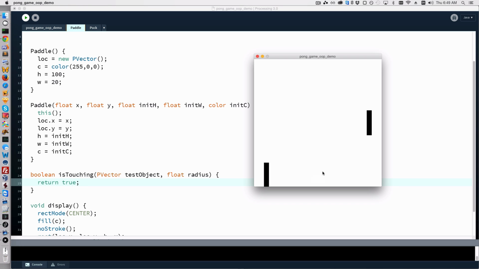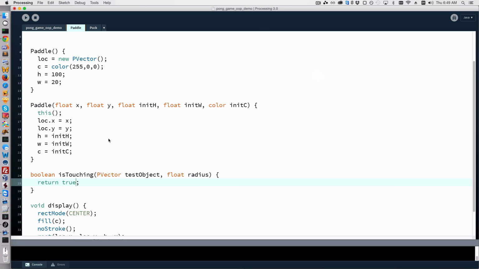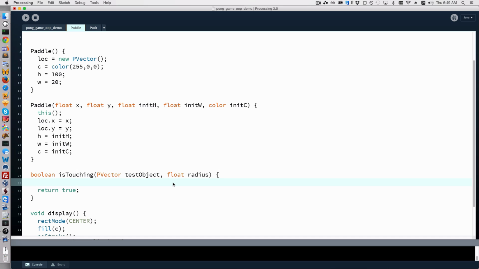And what's going on is it's just flipping the sign constantly so we don't get any movement, right? So we can be assured that that's working. So now we need to actually make that test. So we'll just start with the center of the object and we'll say something simple like